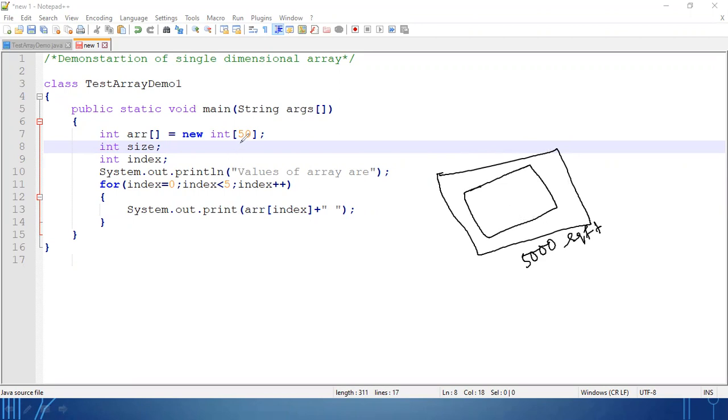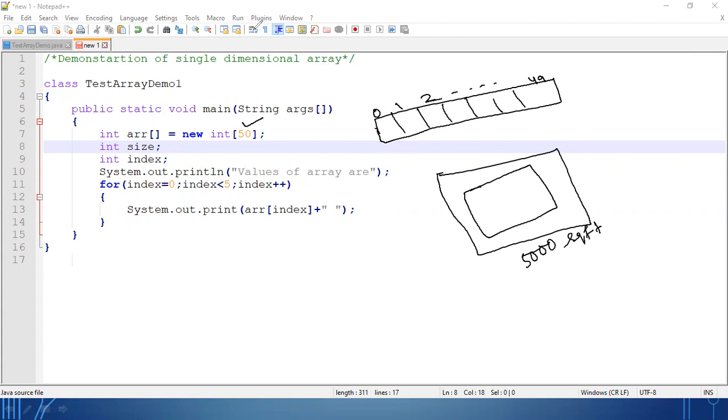Okay. Similarly, whenever you are declaring integer 50, so 50 blocks of memory will be given to you if memory is available. Okay. So starting from 0, 1, 2 till 49, total 50 blocks will be allocated if memory is available. Okay, but it is not compulsory that you will use all the 50 blocks. Okay, this depends on your requirement.